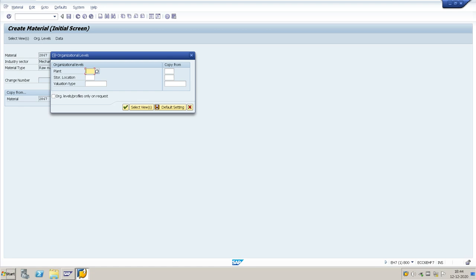So our plant is KUP2, copy to plant 2, storage location 0001. So copy from plant 1 KUP1, storage location 1000.